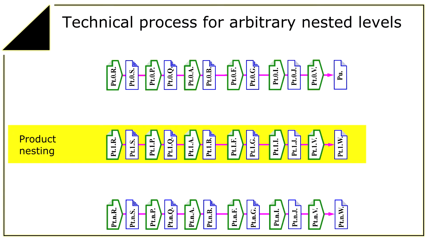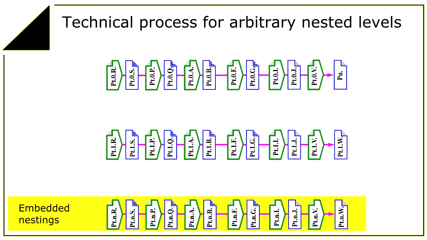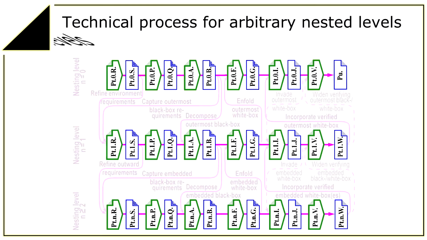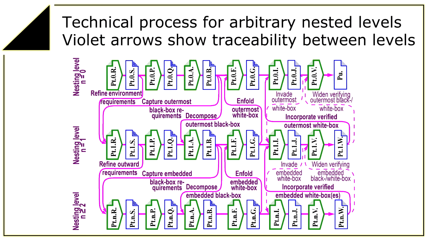Let an inward process nesting specify the product black box, open and design the white box, and build and verify the product. If the product is complex, then the design contains embedded black boxes to take care of by additional inward process nestings, which can be repeated as long as further embedded black boxes are defined. The connections between the process nesting levels are one of the most important parts of the CPDM scalable process. These connections make the process seamless when moving out and in between the environment and the innermost nesting level.